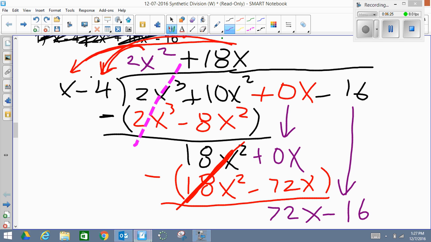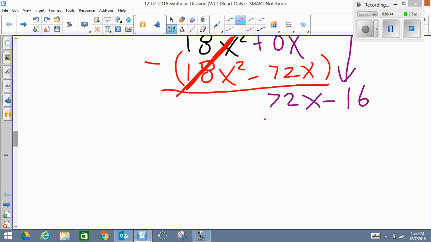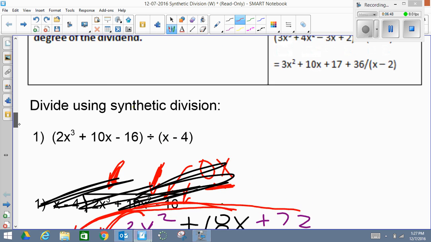72x divided by x. 72. Multiply back. 72 times the first term, 72 times x is 72x, and I'm going to put it underneath. 72x. And then I'm going to have 72